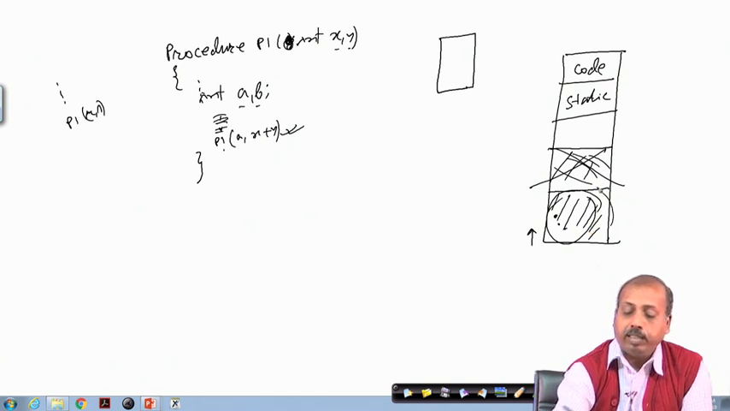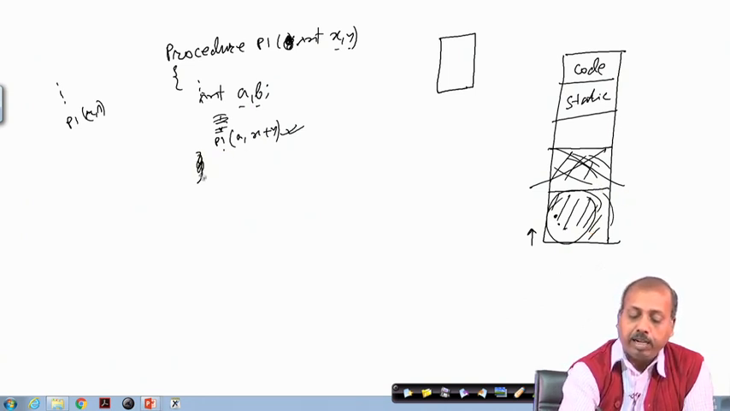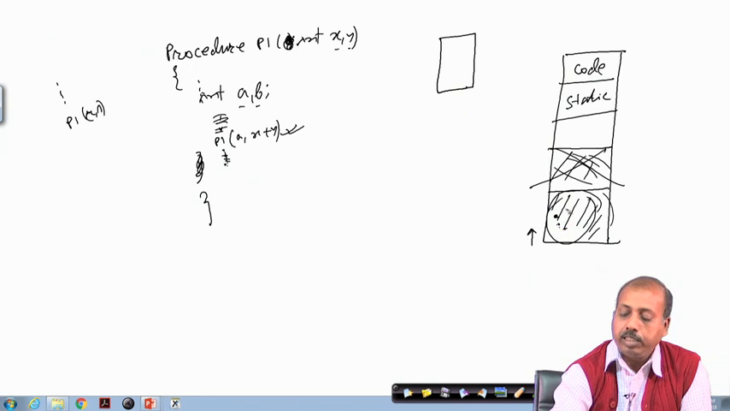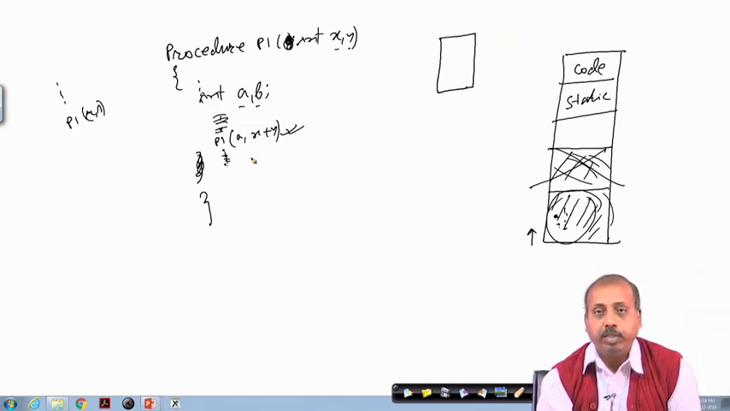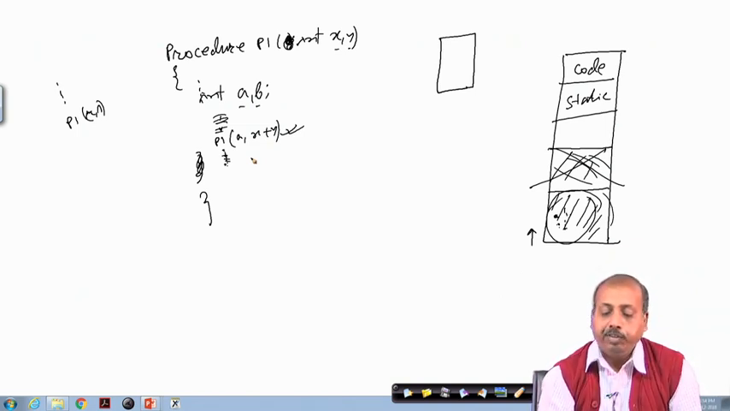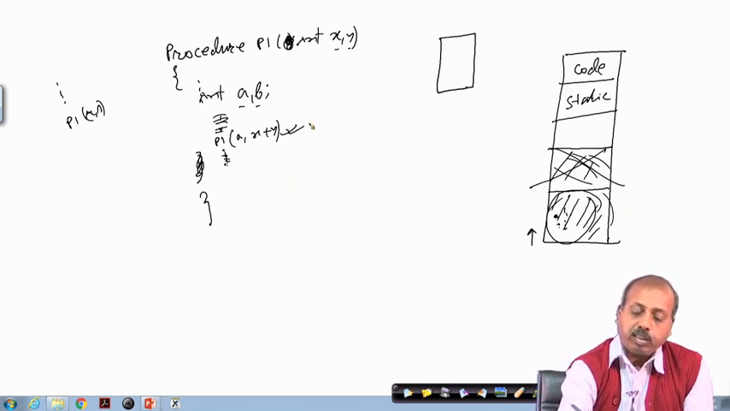So, whatever statements you have after this previous call will be executing properly, referring to these locations that we have in this part. That way, recursive procedure calls can be handled very efficiently if you have this stack type of realization. However,